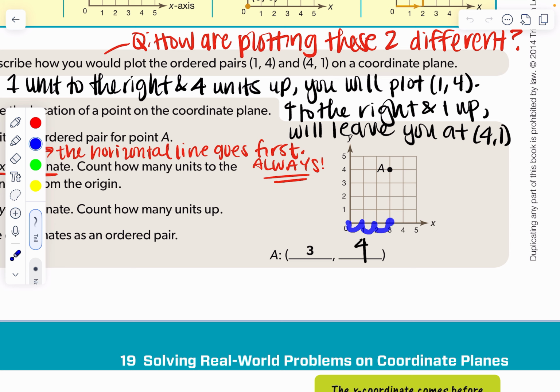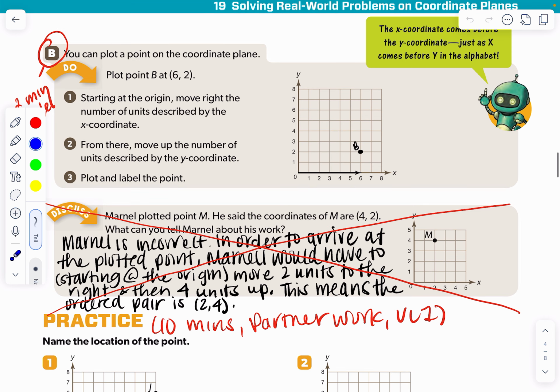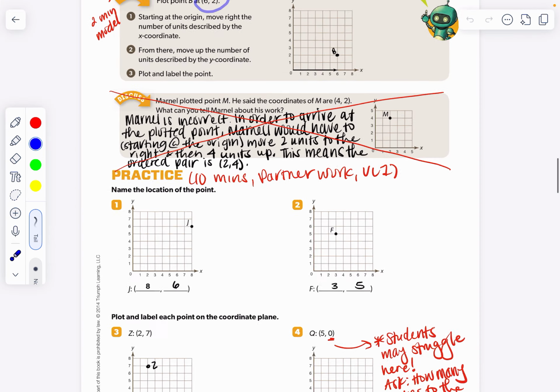And then now would be time to go up. Or you would tell them, okay, record that number. What number was that? They'll write 3 as their first number. And then you'll tell them, okay, now let's go up. 1, 2, 3, stop. Okay, what number did we end up at? We ended up at 4. So our ordered pair is 3, 4. Then you will model for them how to plot a point given the ordered pair before launching them into 10